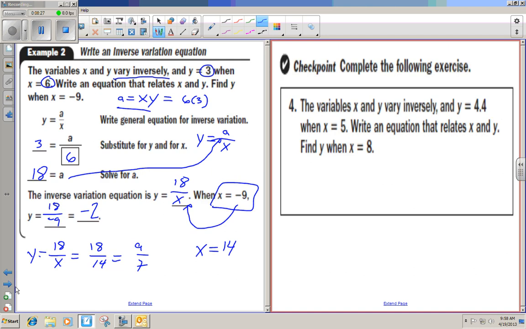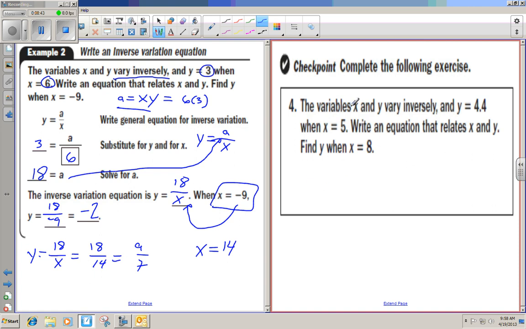So try this on your own. Follow the example 2. It's a checkpoint on your note-taking guide. Go ahead and pause the video and work it out. All right, so hopefully you paused the video and you worked it out a little bit to see if you